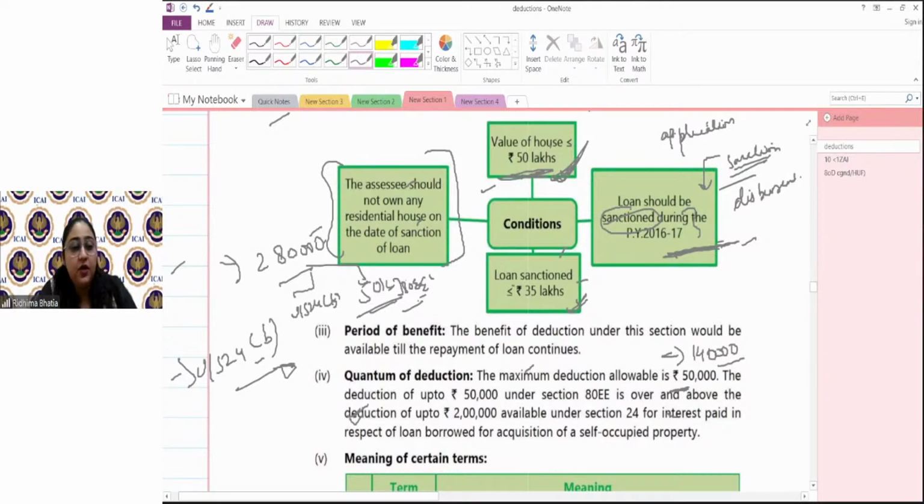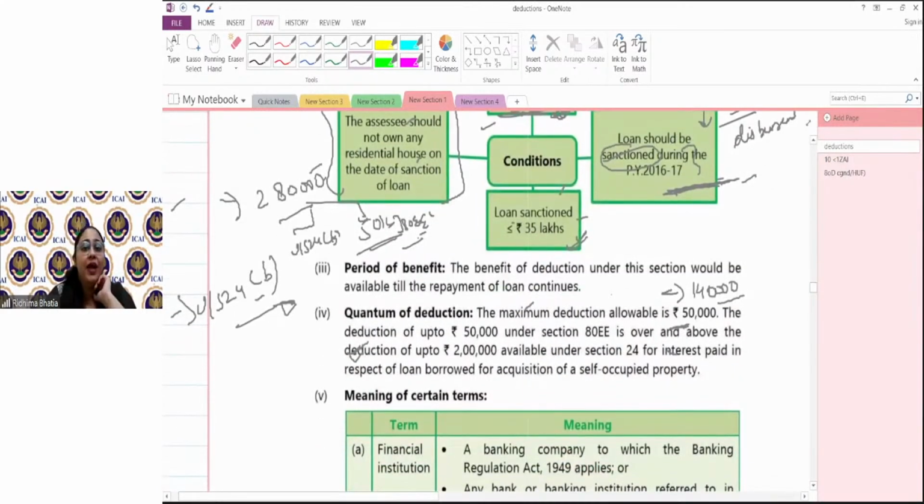it is an 80EE question. First, calculate the total interest on loan. First, claim it under section 24B. After that, if there is any interest beyond 2 lakh, claim it under 80EE. Got it? So that is a deduction for